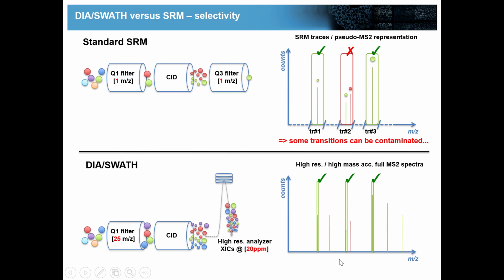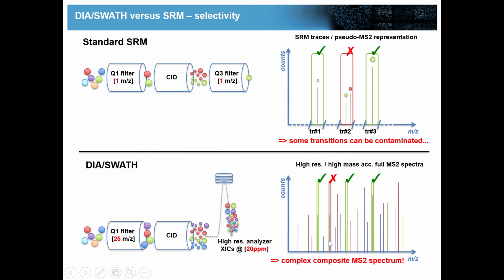But it's not quite as simple as that, because we also have all the other fragment ions in this picture, including the green ones from the target peptide, but also all the red and the purple and so on. And so it can be the case, of course, that one of these green fragment ions will also be contaminated. So here you can barely see there's another fragment ion here, but we can just kick that one out, right? So we don't need to keep that one. We can say, oh, there are other green fragment ions over here and here, so we can just use these essentially